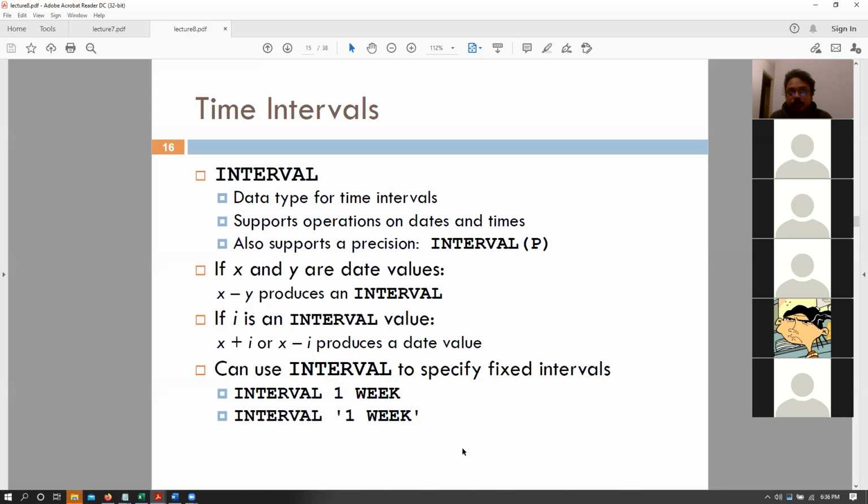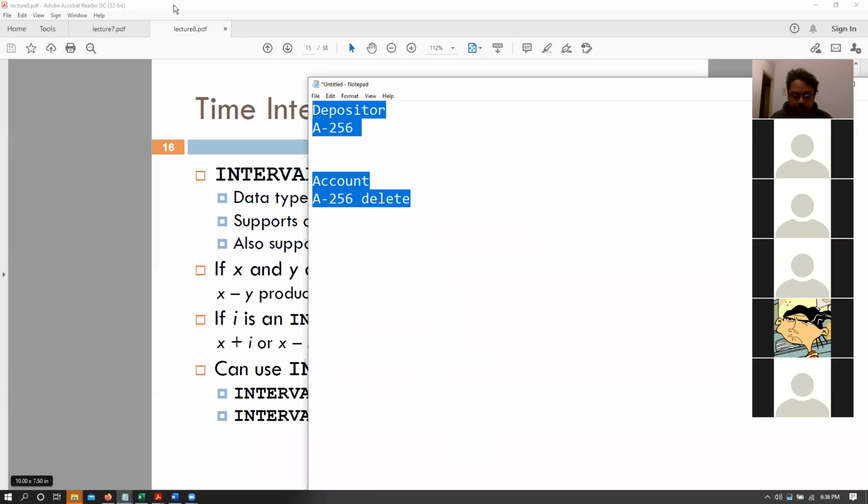So let's say that the current date is February 20th, right? So if I say the current date is February 20th and I want to say interval 1 month, right?